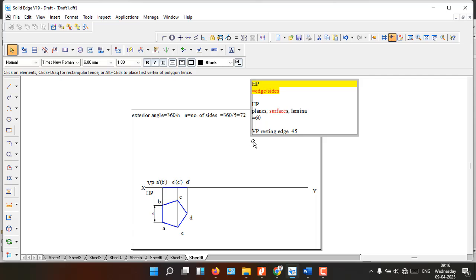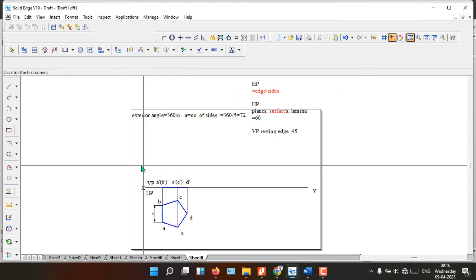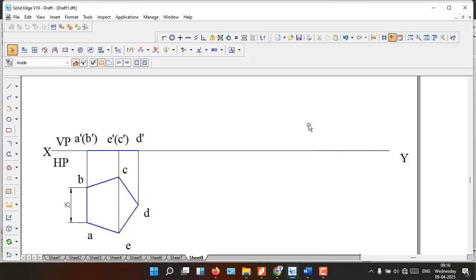The next will be it is inclined to the HP. The inclination with respect to the HP will be visible in the front view. So front view means the front view will come above the XY line, so we are supposed to start from above the XY line. Now what we'll do here, we'll select this line, the front view line, and go to the